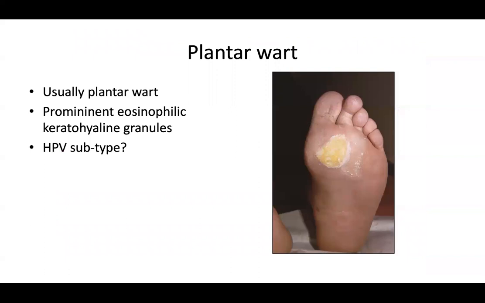Plantar warts are very stubborn lesions, usually caused by the HPV subtype 1, HPV1. On histopathology, we'll show you the example of the prominent eosinophilic keratohyalin granules that you'll see. And we say keratohyalin granules. In reality, what we're often seeing is a mixture of viral protein as well as the normal proteins within the maturing epidermis. There's a lot of architectural deformity, and with the viral particles causing just kind of a disarray of